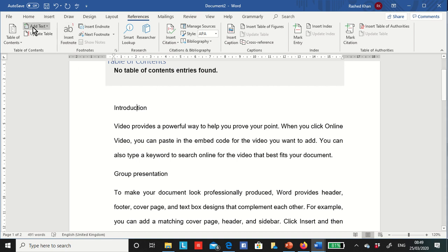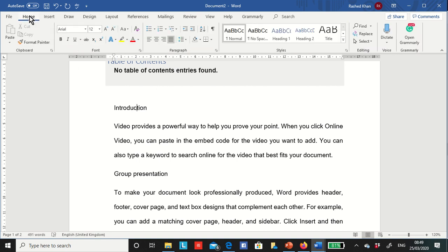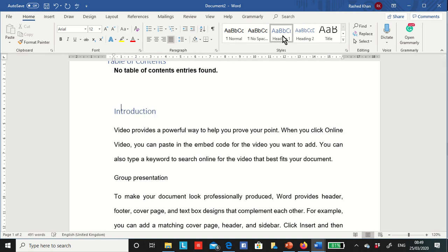Okay, now this is the main heading. What I need to do is go to Home, select this one as heading 1, and for the number of this heading, 1.0.